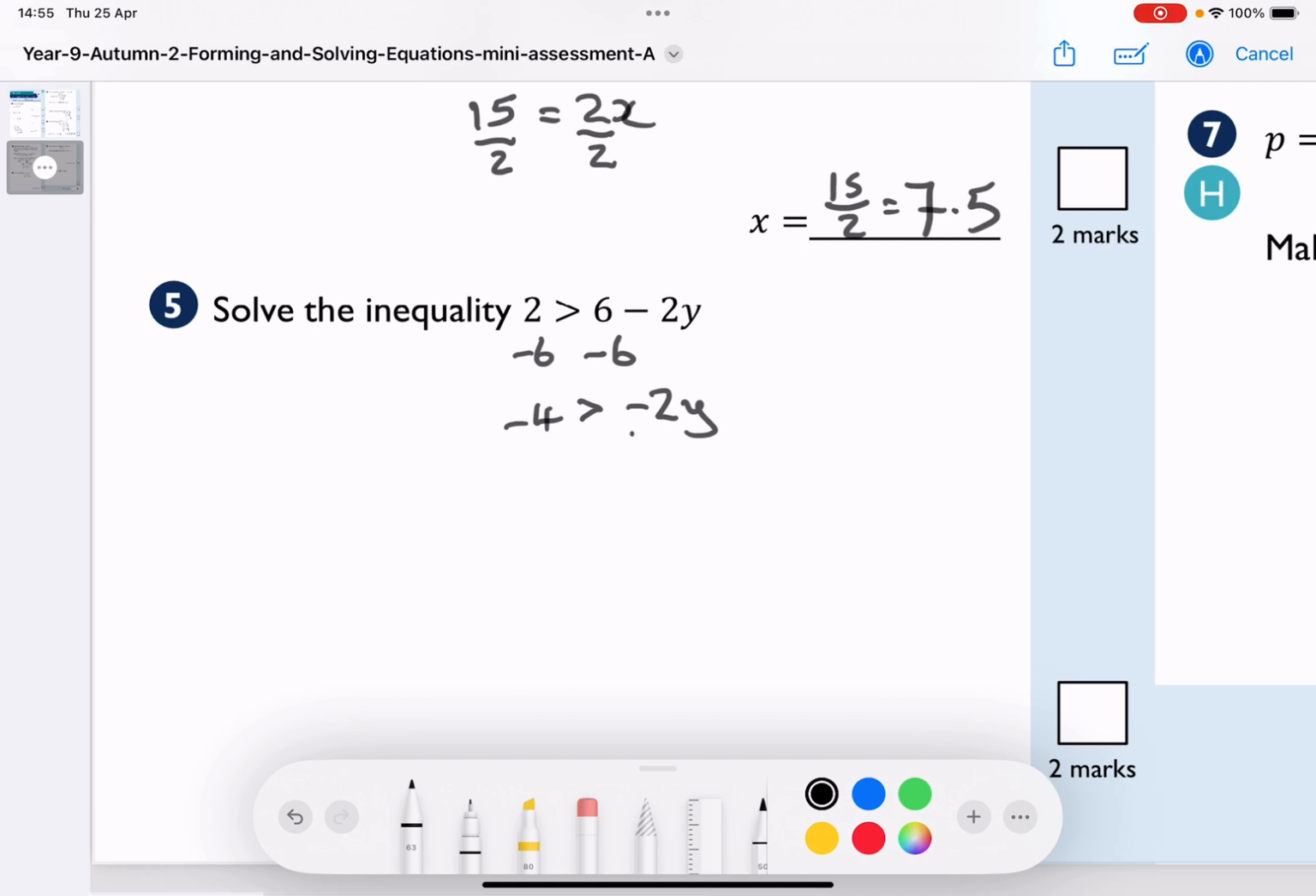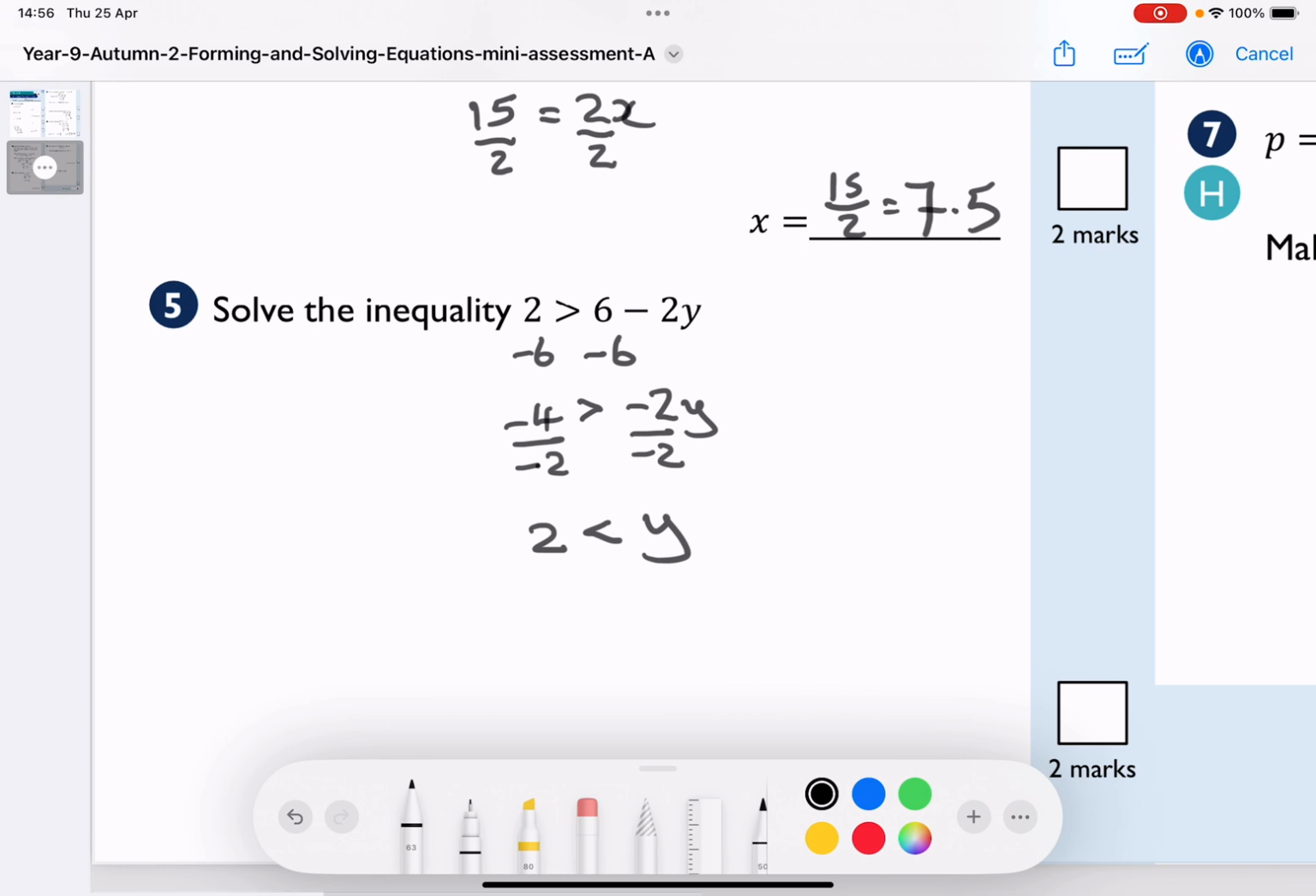Now what I then do is divide by negative 2 and divide by negative 2. But when we divide or multiply with a negative with an inequality, it changes the sign. So what I actually get here is negative 4 divided by negative 2 is 2. I need to change the sign, and that tells me that y is greater than 2. Now, just in case,